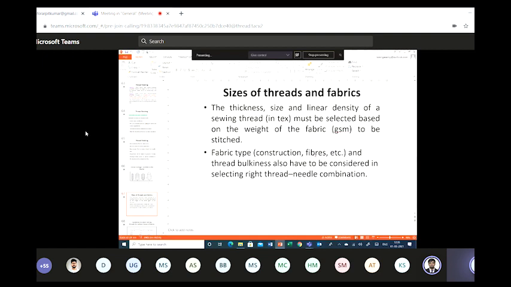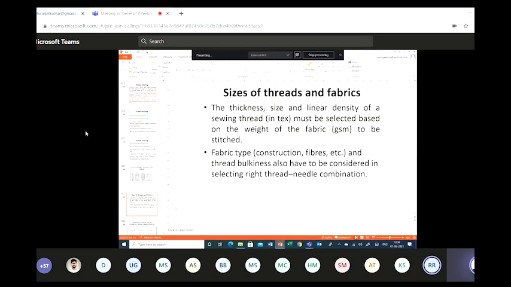So you have to use high tenacity, high performance fibers when you are stitching a heavy garment. Heavy garment means its GSM is more, and if it is a tight garment, it is high. Heavy means more GSM. Tight means there is less space between the warp and weft yarn. So especially when you go for a heavy garment with tight construction, one has to be very careful in selecting the sewing thread tex and the type of polymer you use for the thread.